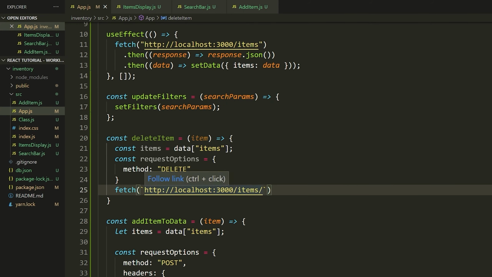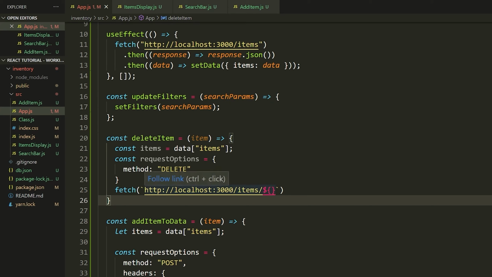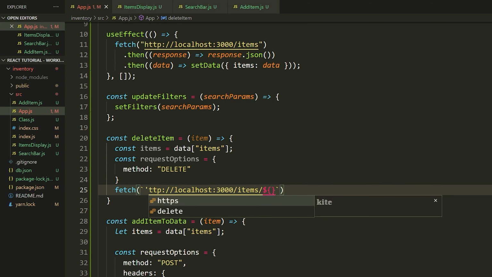So what I'm going to do is put a $ sign. I'm going to put an open and closing parenthesis, or curly bracket. I always mess those up. You know what I mean? We have our curly braces right here. And what this allows us to do when you use backticks is to actually embed expressions right inside of a string. So since we have backticks here, and I'll show you, if I change this to just normal quotation marks, this doesn't work the same way. If we do quotation marks, notice it doesn't highlight. But if I make this backticks, then this does highlight the way that we want.